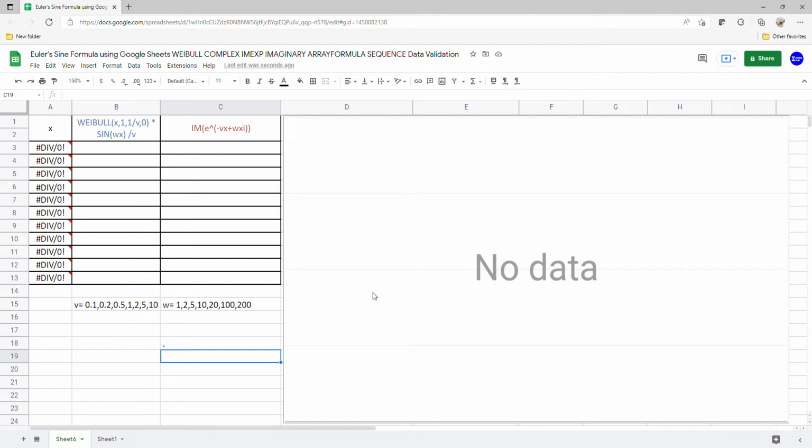In this video, we will use the WEIBULL function to generate the Euler sine formula using complex, IMEXP, imaginary, array formula, sequence, and data validation. We begin with the values of V, which is equal to data validation,